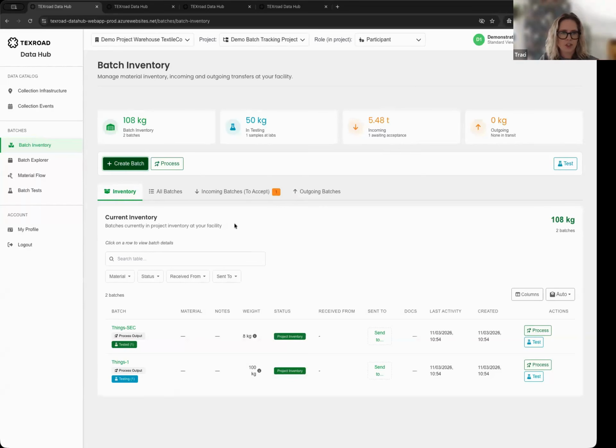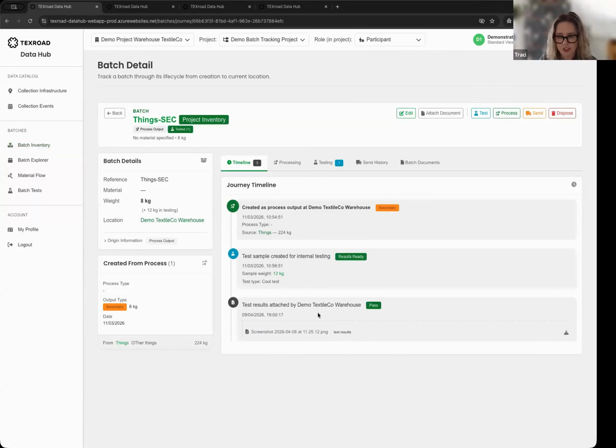So you can create batches in your inventory. You can also then click into individual batches and see all kinds of different information, essentially centralizing everything that happened within the project on your specific batch. And let me clarify that statement a little bit.